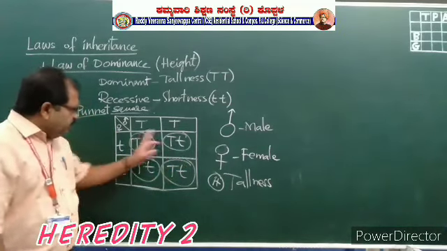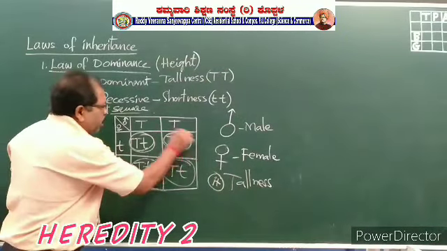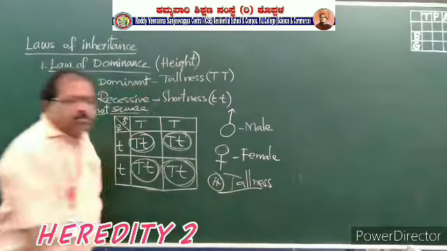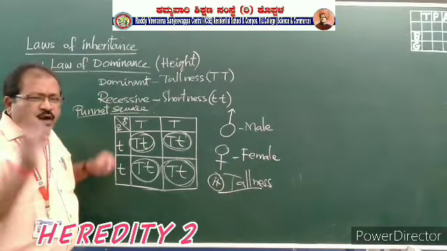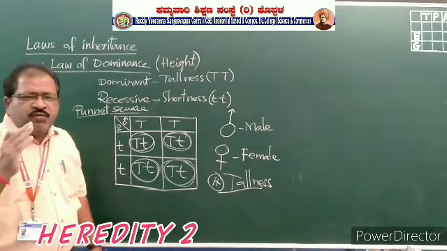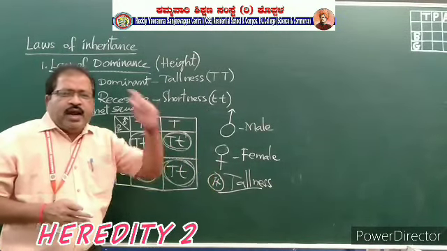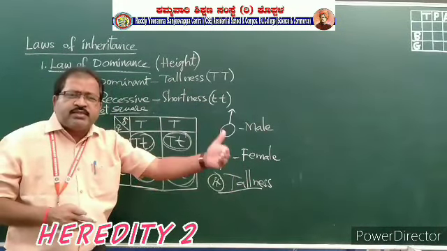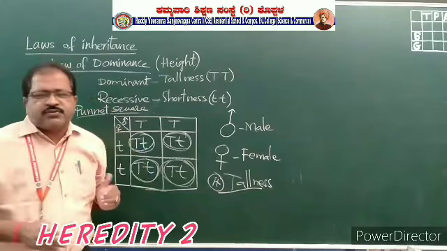Okay. So, here the four resultant plants which are showing here, you can see this one, all of them have tallness. That will be shown physically. So, all four plants are tall plants only. This is called the law of dominance. In this, Gregor Mendel told that every character of an organism will have two traits. One is a dominant, another one is a recessive. And the dominant trait is always expressive, and the recessive trait is always inexpressive or suppressive. This is called the law of dominance.